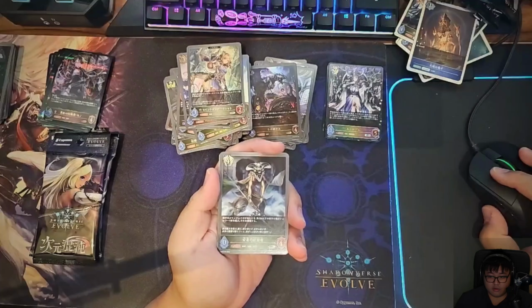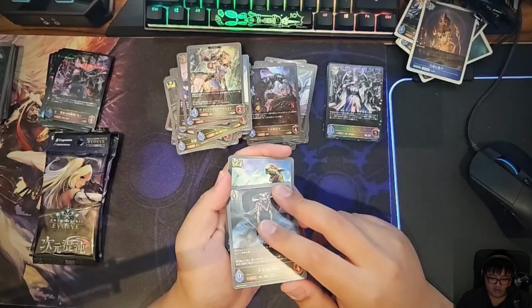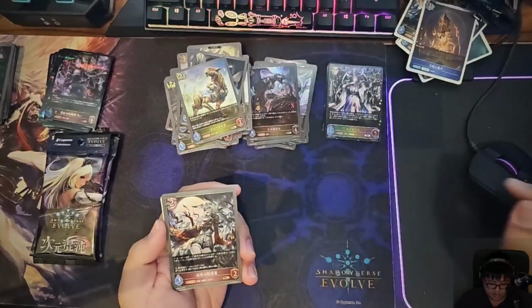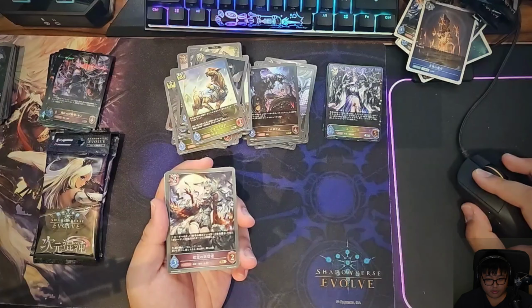Zealot of Truth, or Repose rather. At the start of your opponent's main phase, select an enemy follower on the field with 4 defense or less and destroy it. Pretty expensive though, with low stat. War Dog. We have Zealot of Disdain, I believe. Oh no, it's not. This is the other one. What is this one called? Oh, this is Zealot of